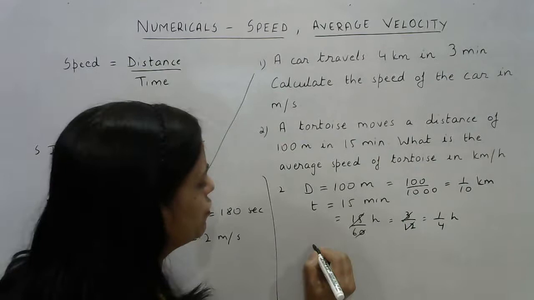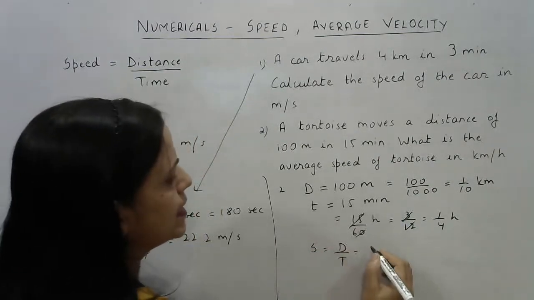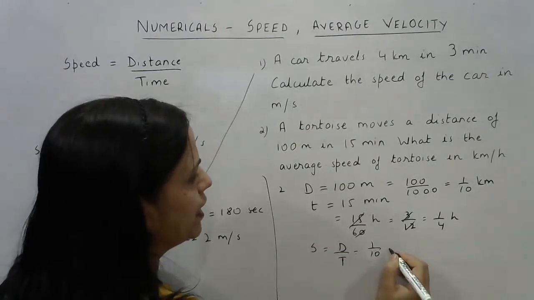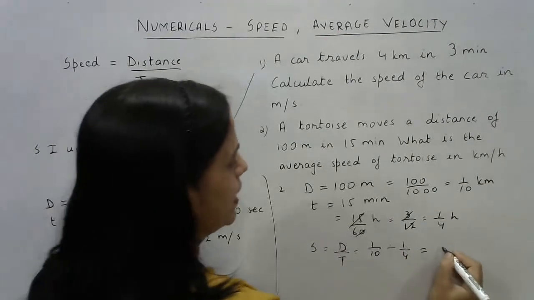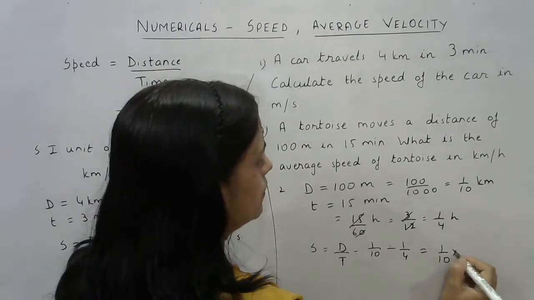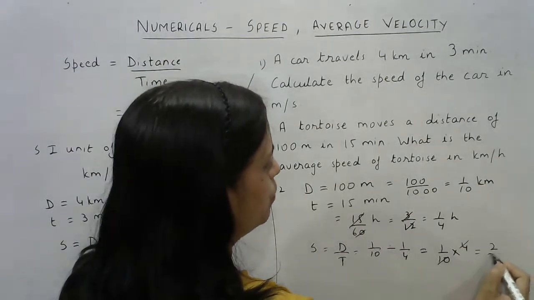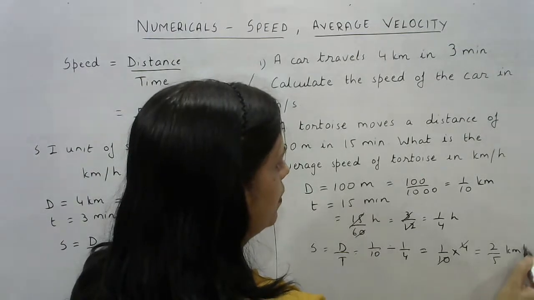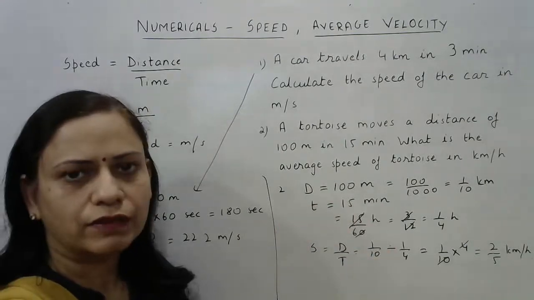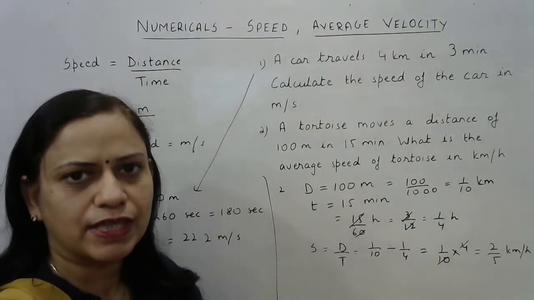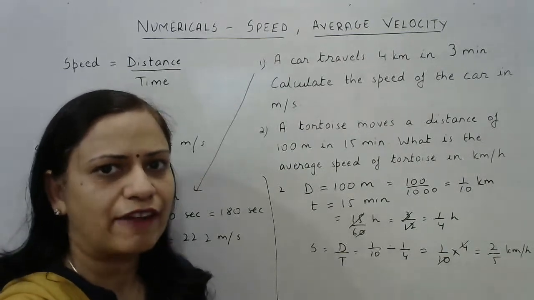Now we will use the formula of speed is equal to distance upon time. Now distance is 1 upon 10 divided by time, that is 1 by 4. So when we divide it in the form of fractions, this goes up. On simplification we get 2 by 5 kilometers per hour. So this is how we have to solve this question. You can convert it to decimal after this, right? Now we'll be taking up 2 questions based on average speed.